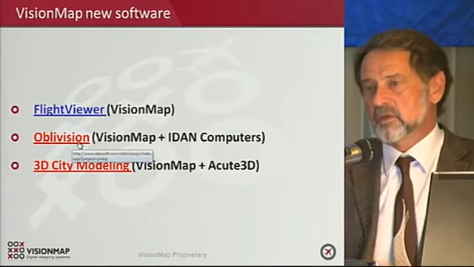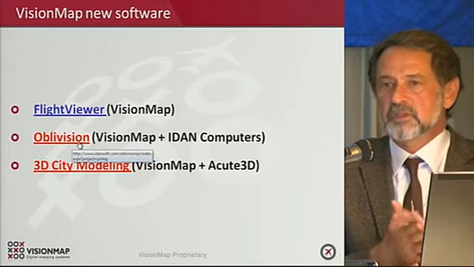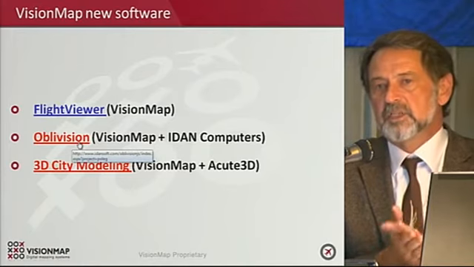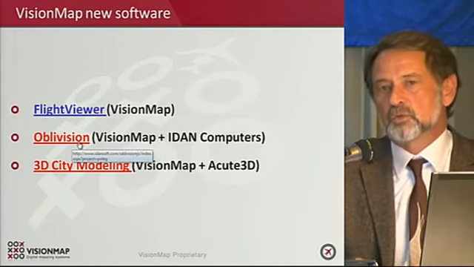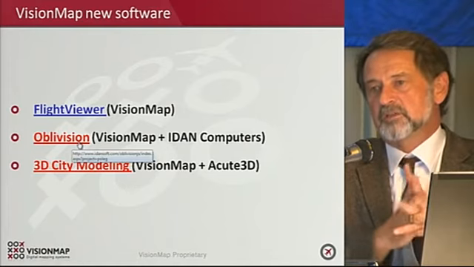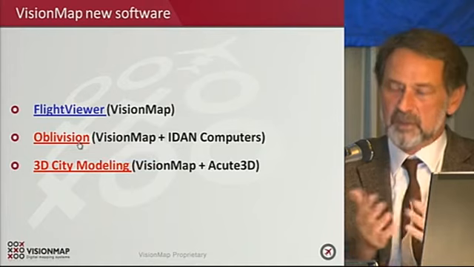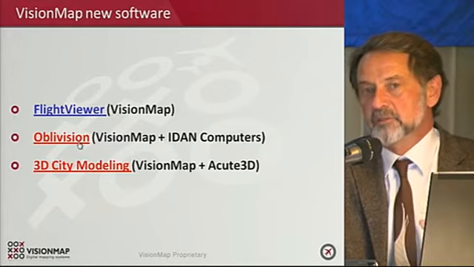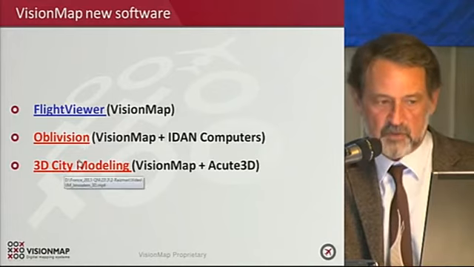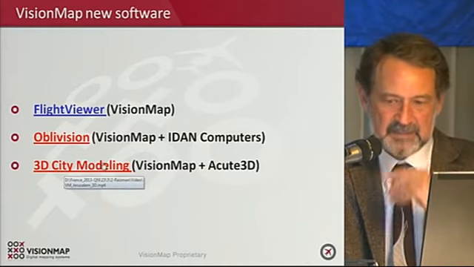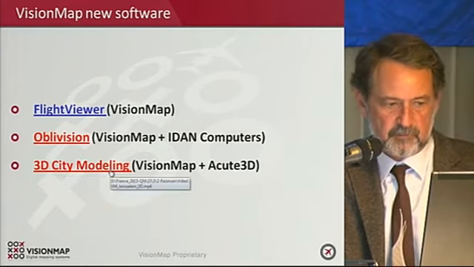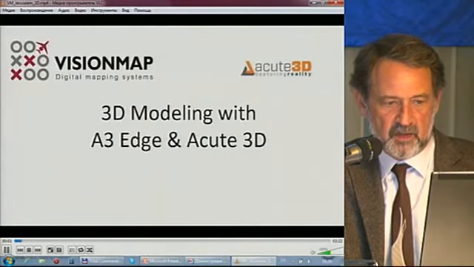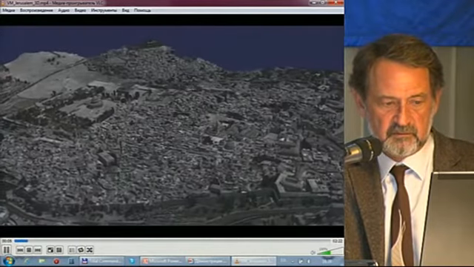ObliVision, unfortunately, this is an online system which is available on the internet that allows you to quickly represent orthophotos and all oblique images. When you point to a certain point in the orthophoto, it gives you all the images it has, and you can carry out measurements in mono mode, not stereo mode. Unfortunately, the connectivity here is not very good, so we couldn't launch it even though we tried.